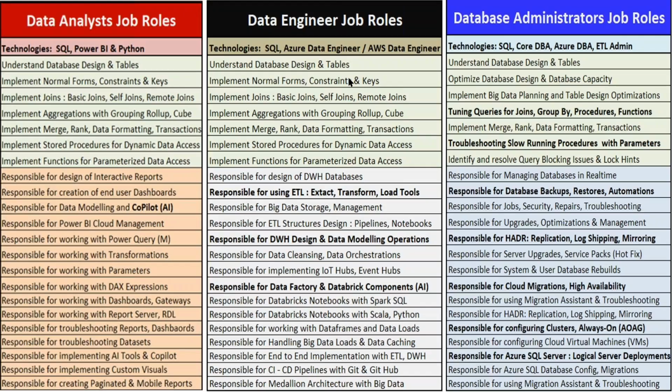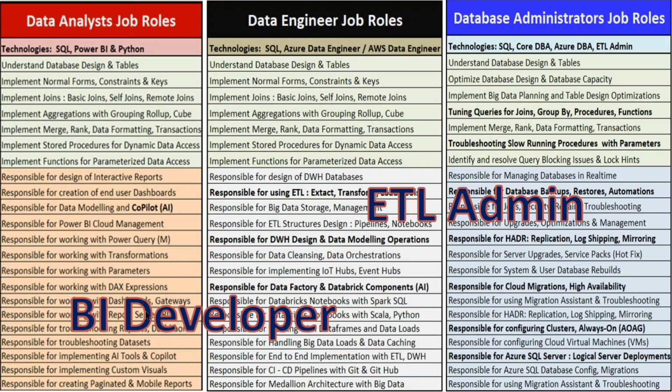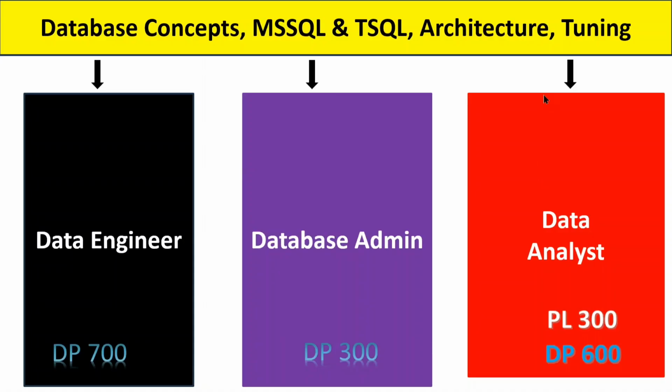Let me just write down on my screen just to make it clear for you. On my screen now, here it is. Analyst plus engineer is equal to BI developer. Why? Simple. Here we have end-to-end implementations, back-end warehouse, front-end reporting. ETL admin, OLTP admin, data warehouse admin. This is a concept. From here, you choose whichever path you would like to stream into.